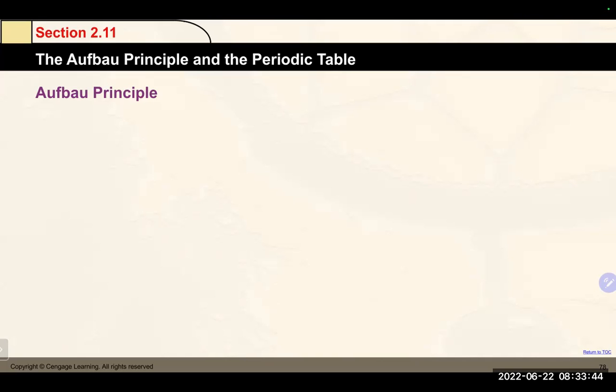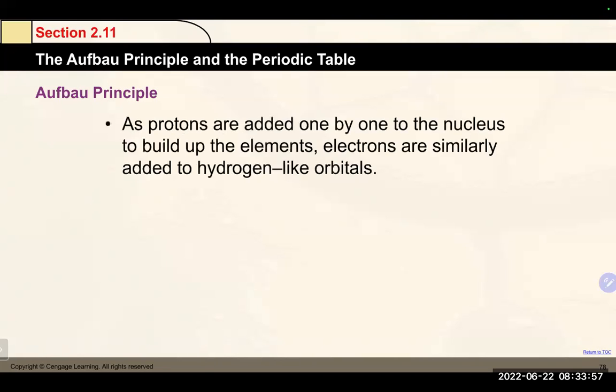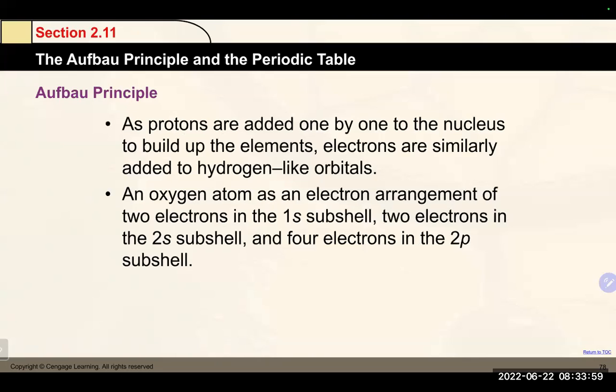We're gonna hopefully wrap up chapter 2, what's left of it. We obviously spent a lot of time last time talking about electron configuration. That is the order in which electrons go into the atom. We write it based on filling order, and what's sometimes referred to as the Aufbau principle is